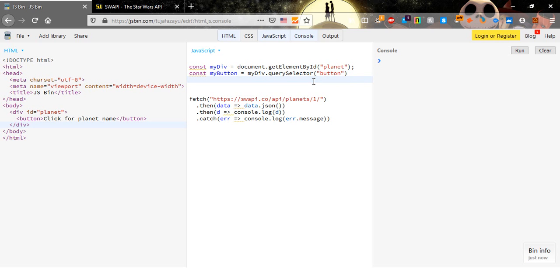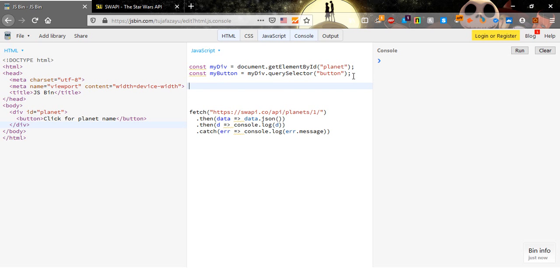So now let's create an event listener with click event. So my button dot addEventListener, and the event click,